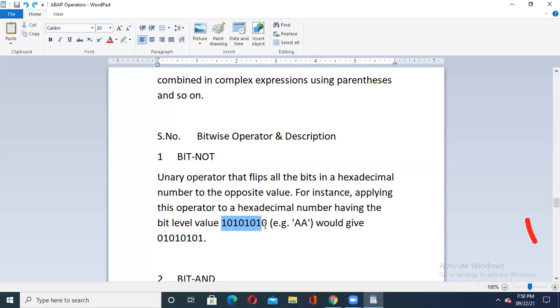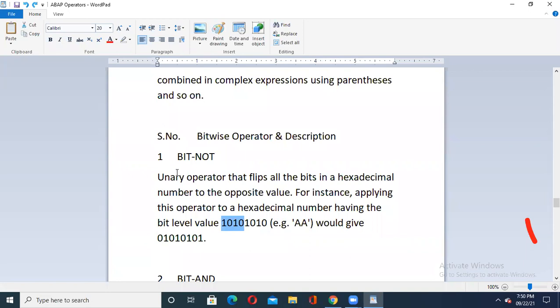I think you may know very well how to convert any binary number into hexadecimal with the help of the shortcut method. What we do is group 4 digits together. I will start the grouping from my left side, so I will group this 1010 together, and the next 1010, and I will check the equivalent value in hexadecimal and put it. So that method you can use.